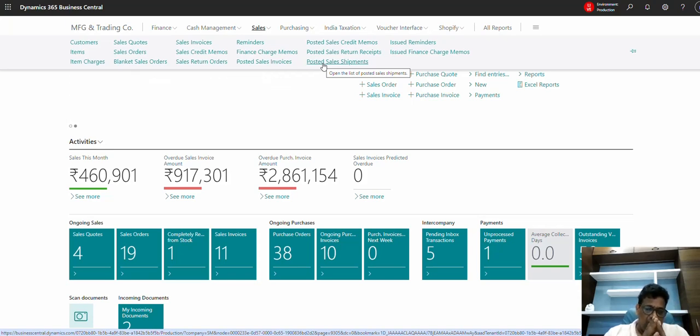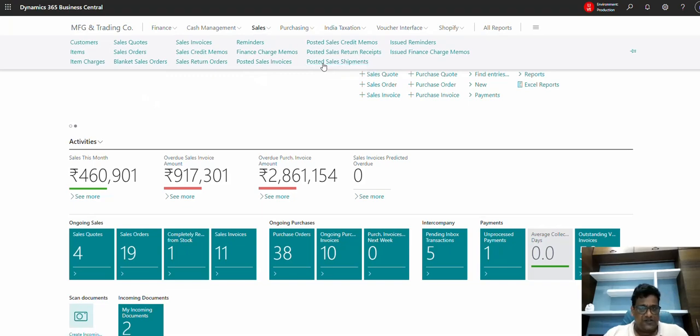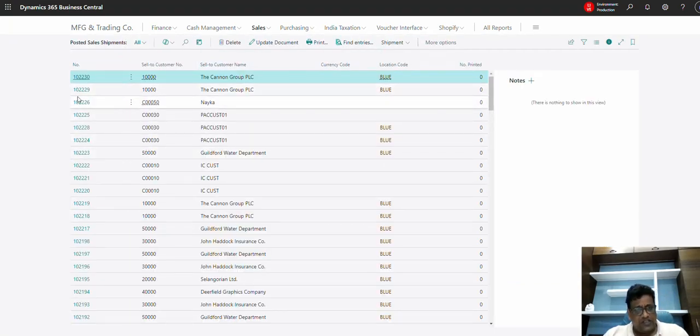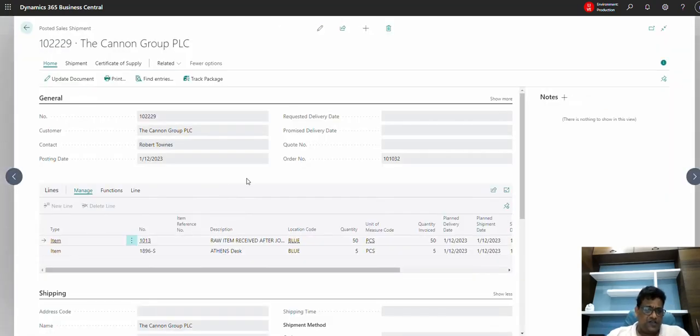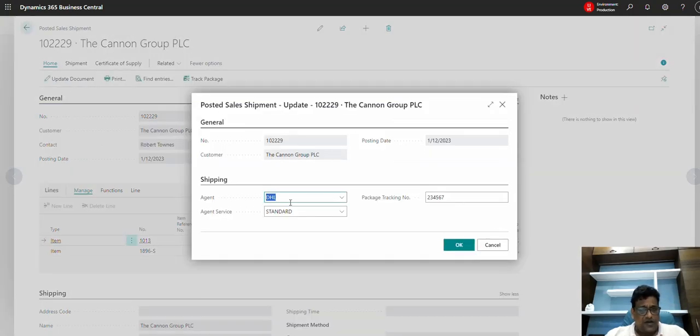For the rest of the 50%, we created a shipment invoice. So let's look at the shipments. These are the two shipments that were made yesterday. Let's look at one of them. This is the document that I see, and I can print the document and everything. I can update the document and put in the agent code, and this is a very essential